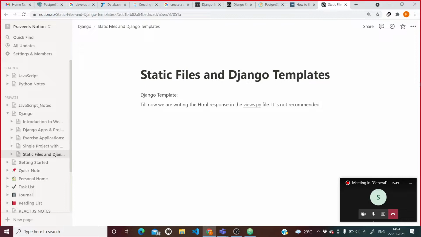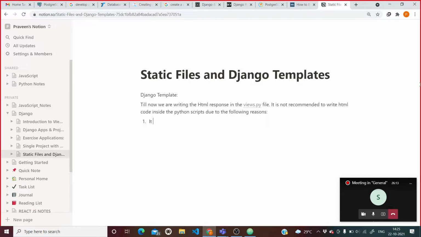Fine. So see, it is not recommended to write HTML code inside the Python scripts, due to the following reasons. What are those reasons?